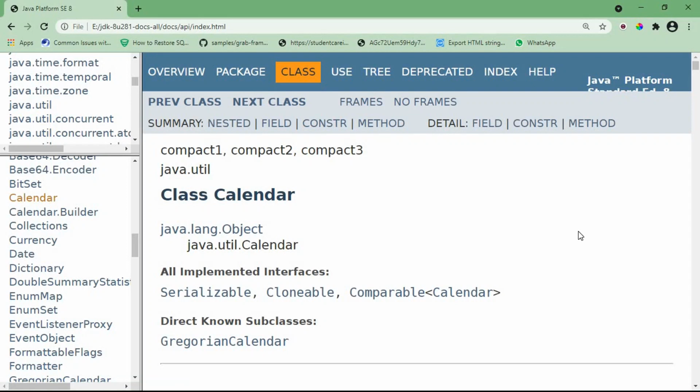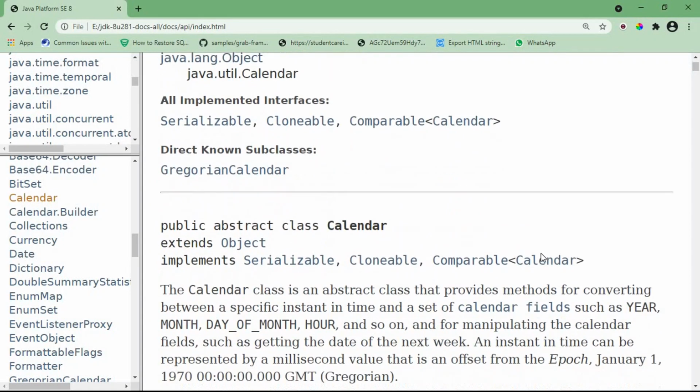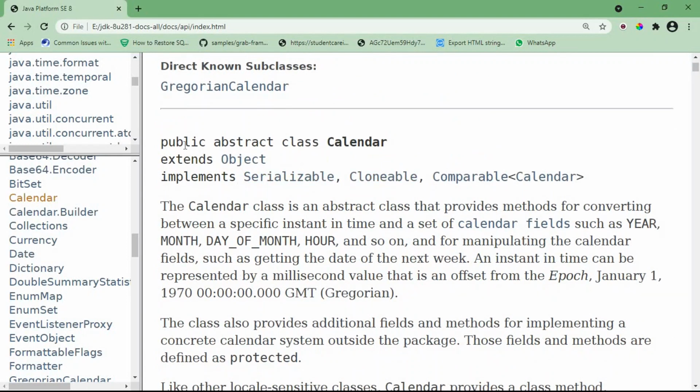Actually, you can print the date and time by using the java.util.Date class, but in the Date class, mostly the API is deprecated, meaning it has some bugs, and a better alternative is provided for the Date class, that is the Calendar class. To use this, now I am showing you its description. You can check.